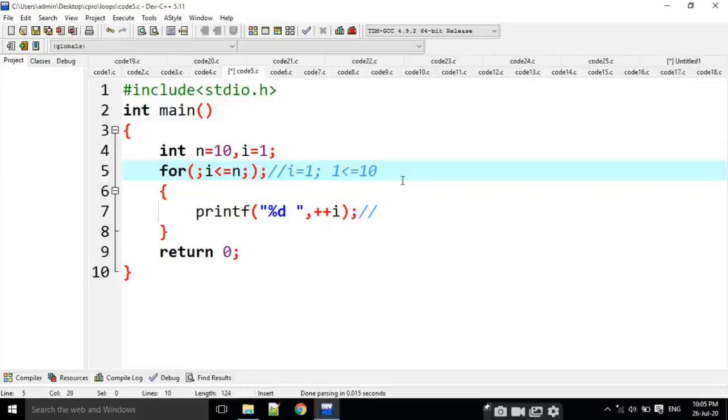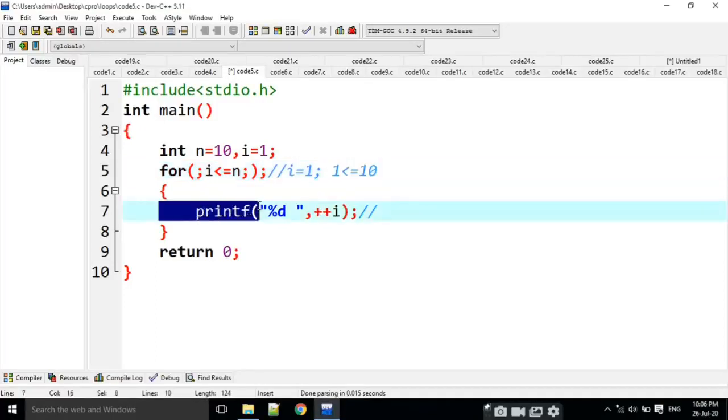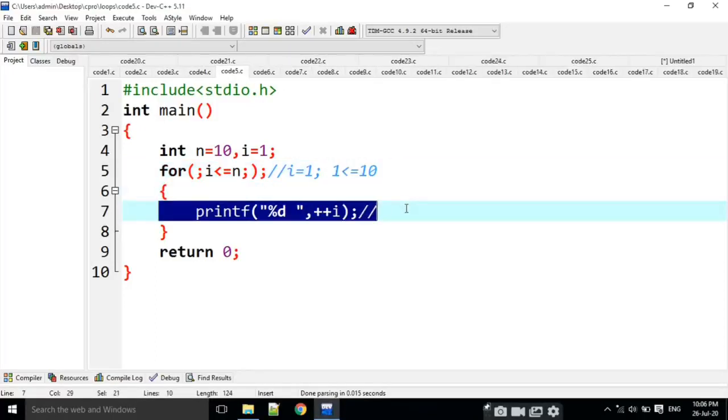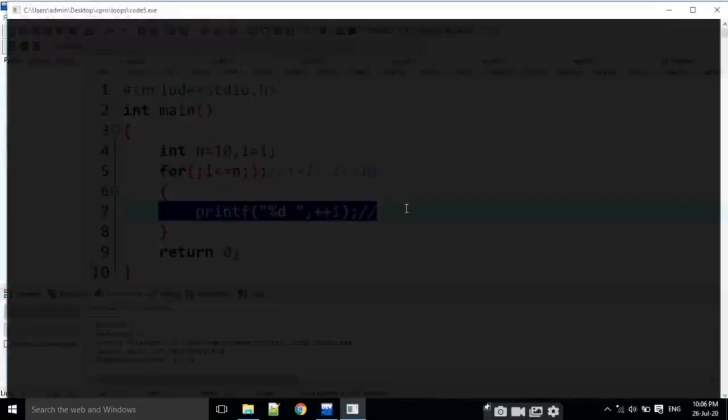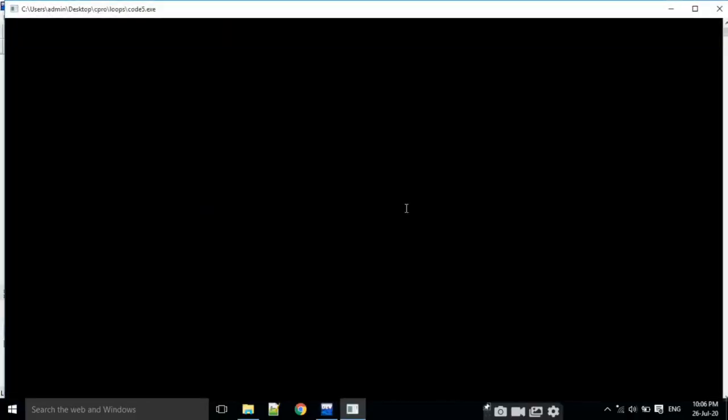Then again it comes to the conditional statement and checks 1 is less than or equal to 10, and it checks this every time. That means it is going to be an infinite loop. This statement never executes here. If I execute it, it is going to be an infinite loop.